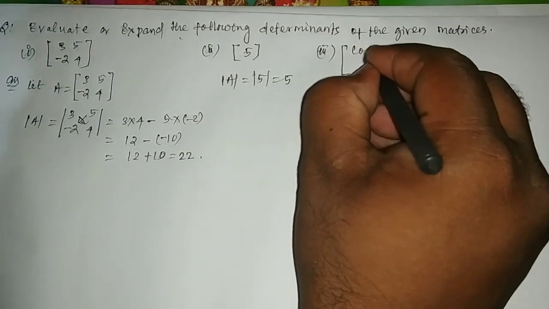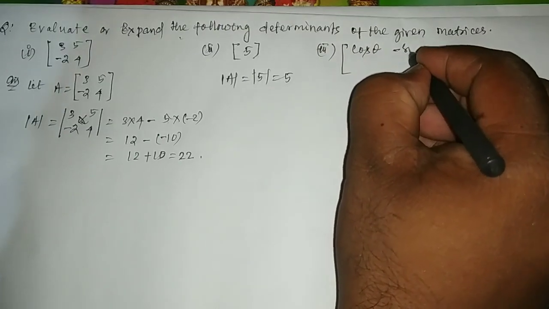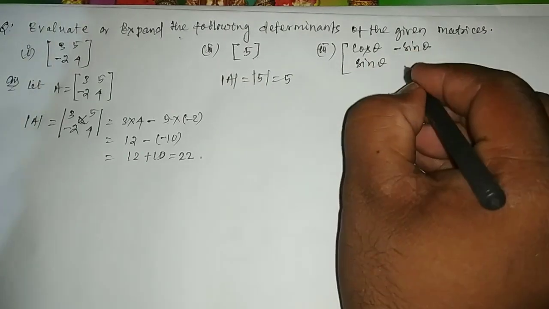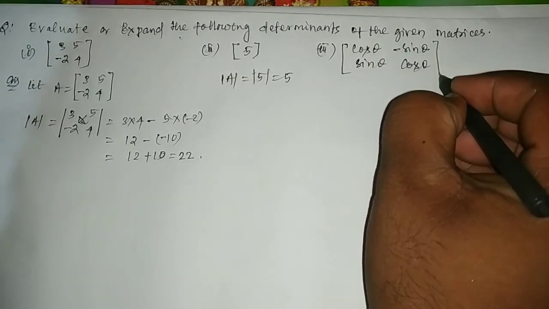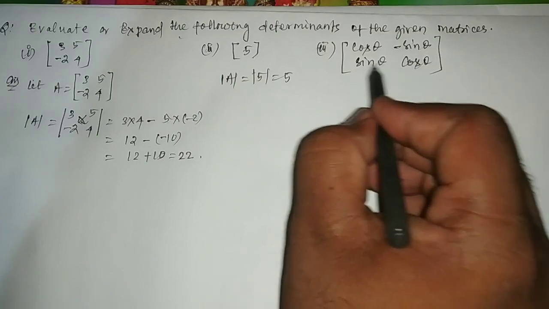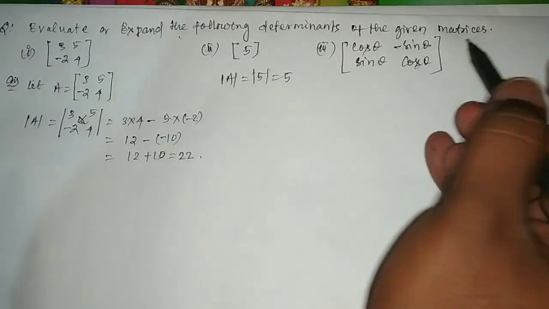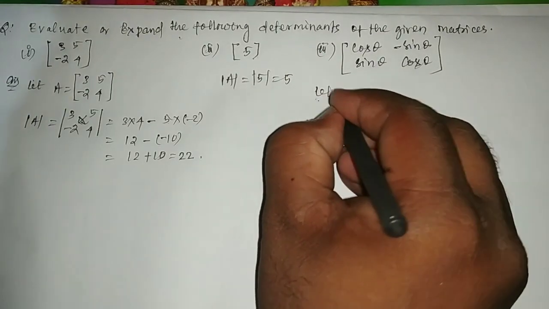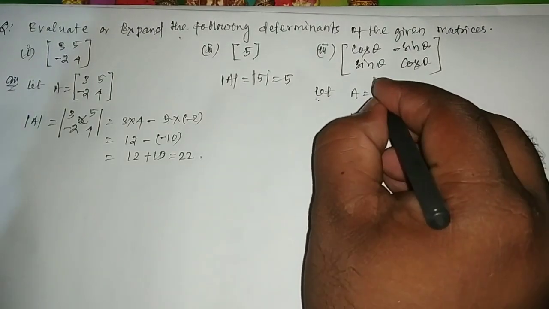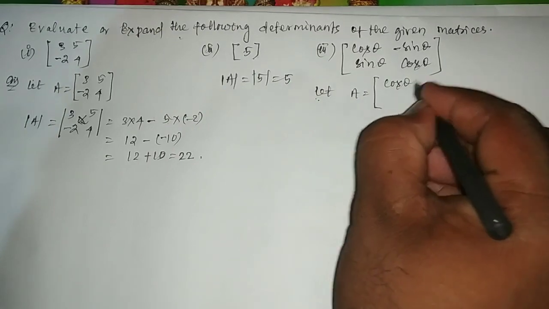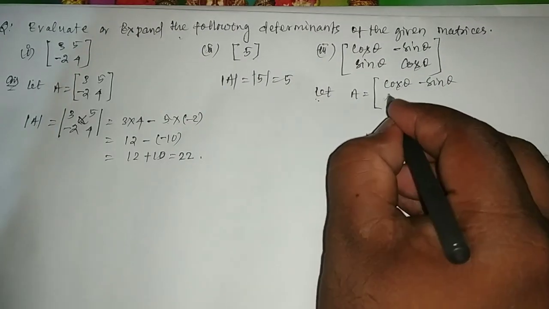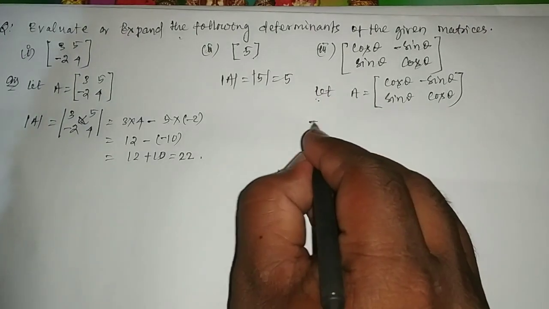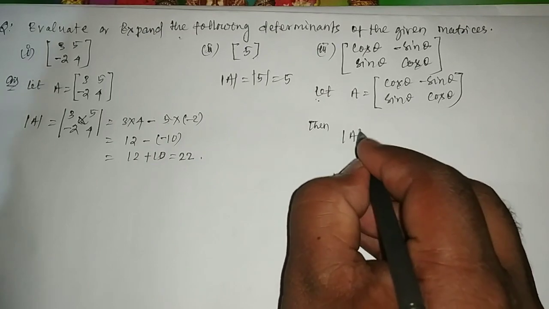The matrix given is cos theta, minus sin theta, cos theta. Look here, this is also a square matrix of order 2, so its determinant is also possible. So here let A be the given matrix cos theta, minus sin theta, cos theta. Then determinant of A equals,